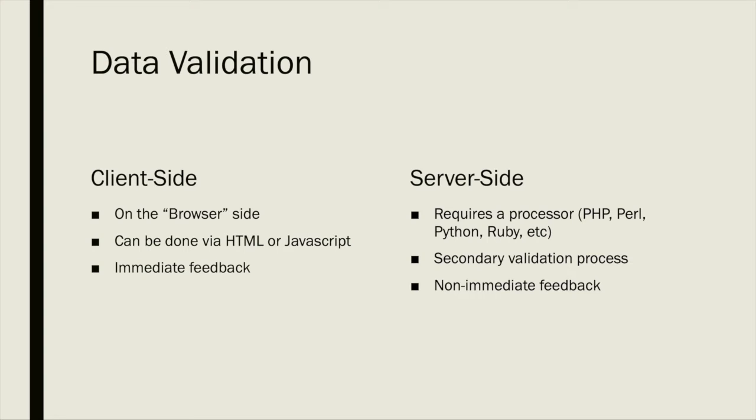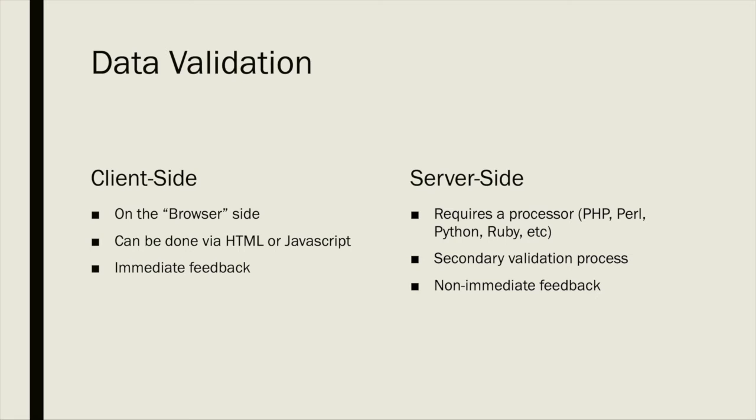The server side does require a processor, in this case PHP, Perl, Python, Ruby, etc. This is a secondary validation process, and chances are this will be where everything is found that does not validate to either your specifications provided by the company, or in case something just does not fit the scale. This is a non-immediate feedback, which means that the information has to be sent to the server in order to